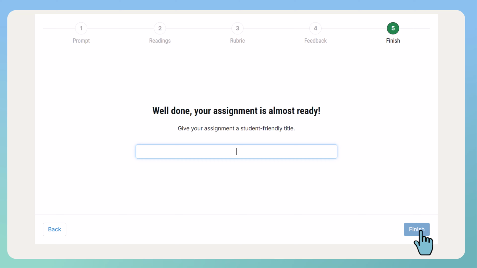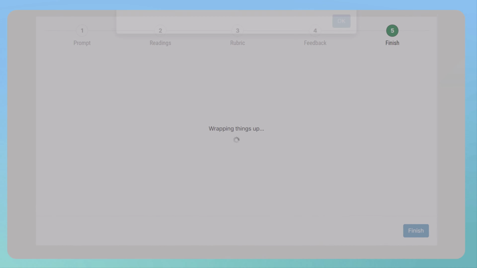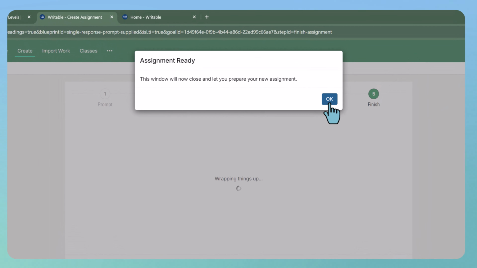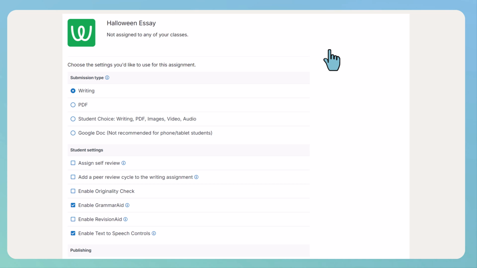As we're finished walking through the steps, we're going to go ahead and give this assignment a title, and click Finish. Once I'm done, the tab is automatically going to close and redirect me back to Schoology, where I can finalize my assignment settings, including the submission type, which we will stick with writing here,